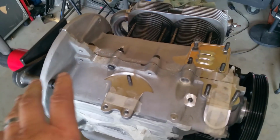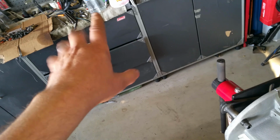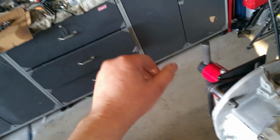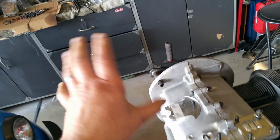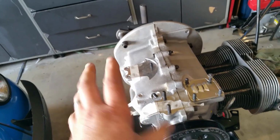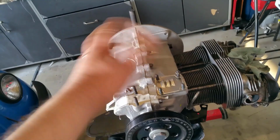Okay, so I have to go see George at German Dreams here in Bakersfield and see if he has some of those old original studs, because I don't want to order those chromoly ones. I've heard really horror stories about them. They're not stretching right, so I don't want to deal with that. Hopefully George can help me out, because I need a shorter stud here to be able to do that. Anyways,